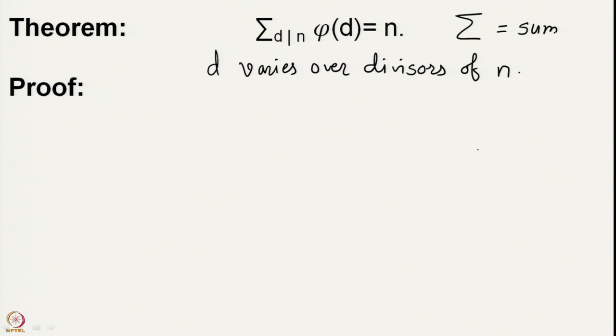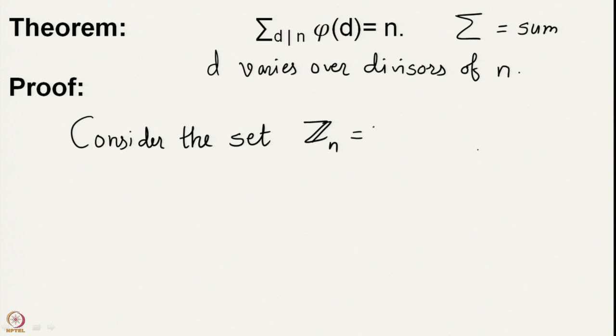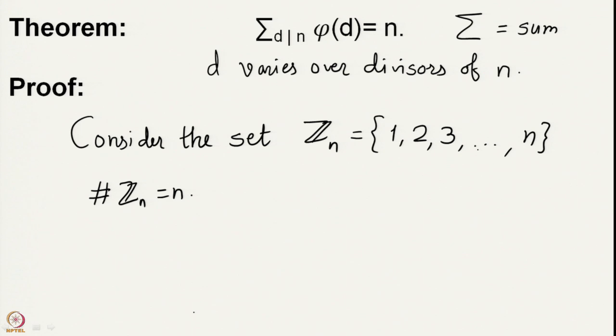So, how does one prove this? The proof is quite nice. What we do is consider the set Gn, which is simply the set of natural numbers from 1, 2, 3 all the way up to n. And what we have is that the cardinality of Gn is n. This is something that we all agree with. Further,